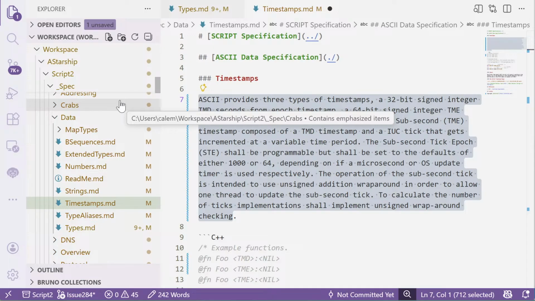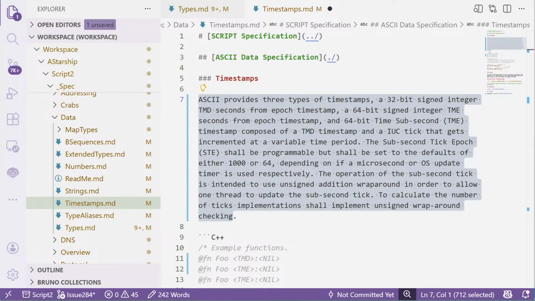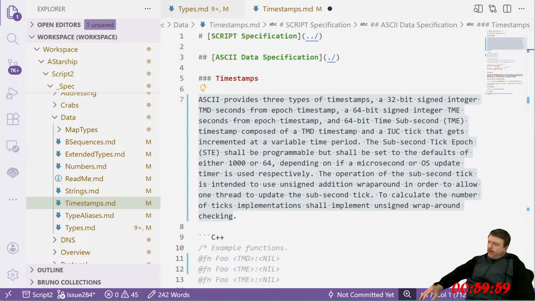And then if the sub-second ticker is over, I think like 192, so it's not a full 8-bit. It's like if it's over 192, then the